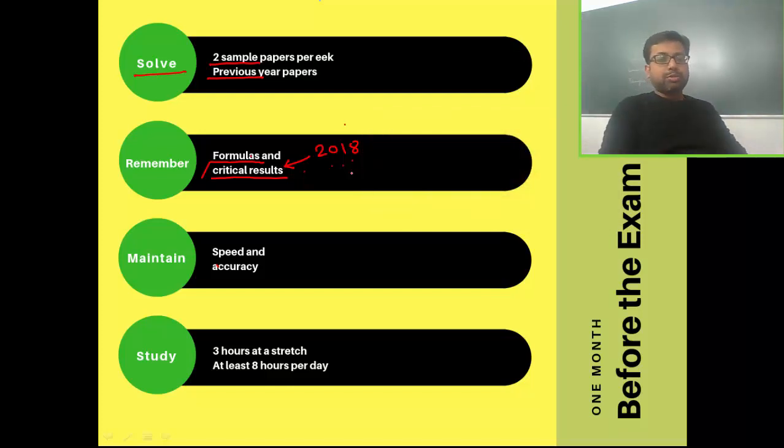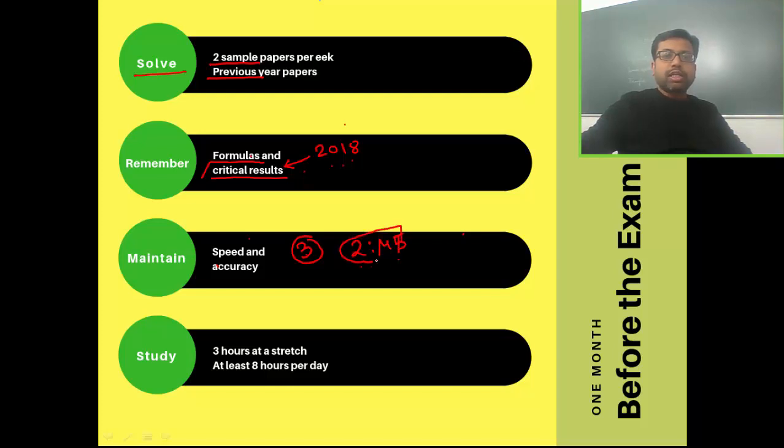The third thing is maintaining speed and accuracy. One thing that you have to understand, that the paper that takes 3 hours to solve on the examination day should be solved in not more than 2 hours and 45 minutes in the safe confines of your home. So what I would suggest is any sample paper or any previous year paper that you take, try to finish it off in 2 hours and 30 minutes flat, and 15 minutes religiously devote to revision for each of these